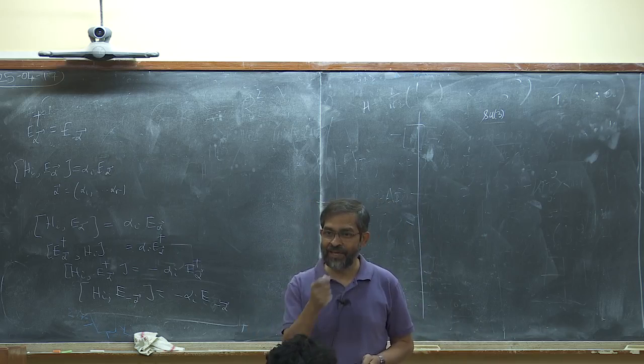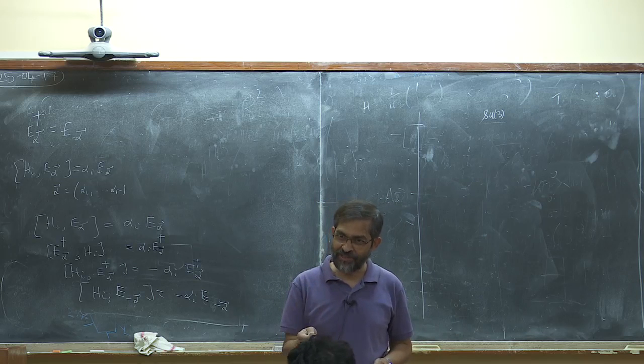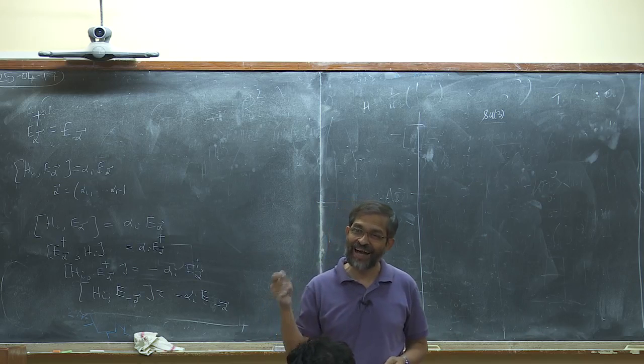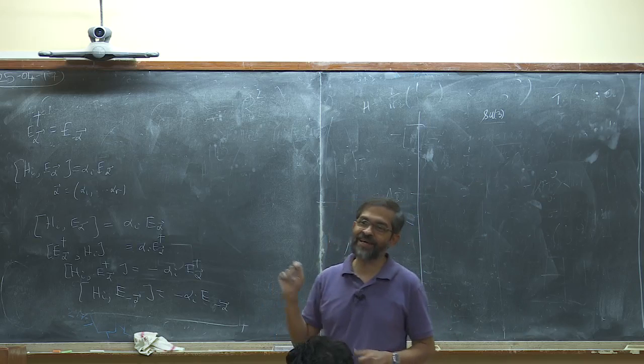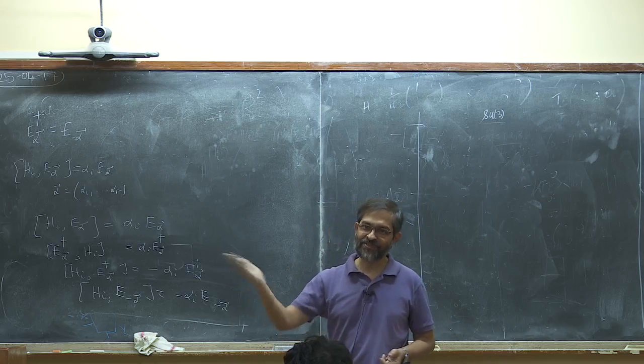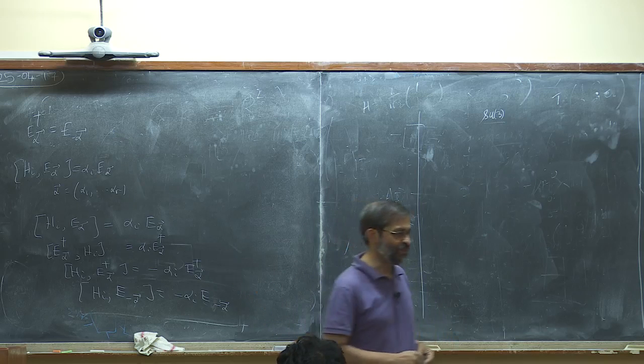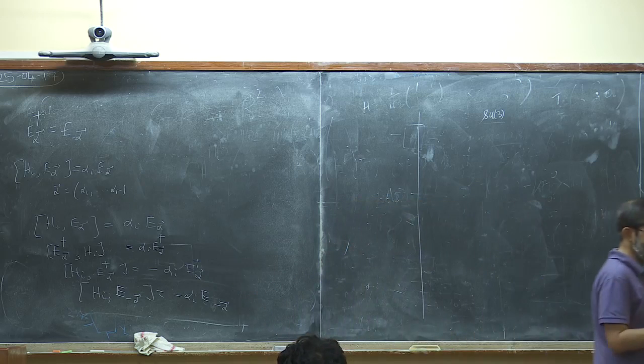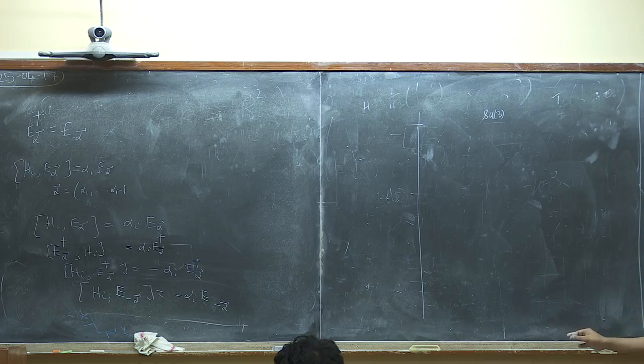In order to diagonalize the adjoint action of J3, you have to go to J1 plus iJ2 and J1 minus iJ2. Okay, so you jump to the complex Lie algebra. And once you go to the complex Lie algebra, the analysis of SL2 and the analysis of SU2 get identified, and eventually in order to make some of